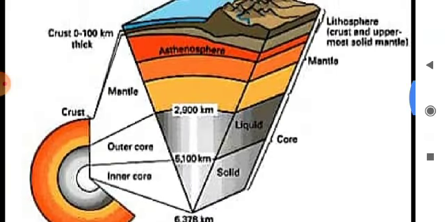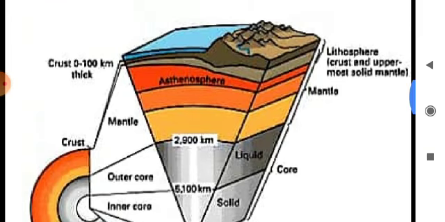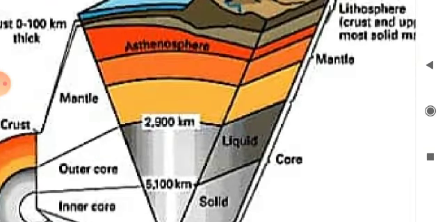Mantle. Just follow the middle portion. Earth's second layer is the mantle. The contact zone of the crust and mantle is called the Mohorovičić discontinuity. The depth of the mantle varies between 35 to 2900 km. The layer is composed of magnesium and iron silicate along with substantial quantities of sulfides in the upper mantle and nickel and iron in the lower mantle.